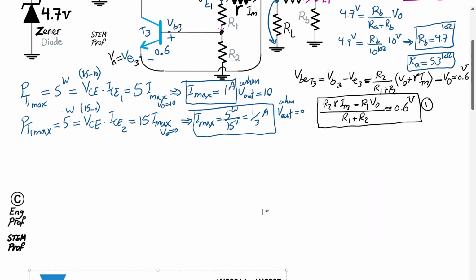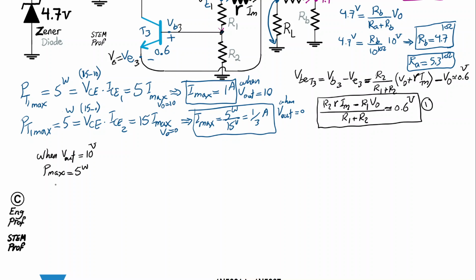Okay, so what I'm going to apply is now try these cases, case 1 and case 2, applied in equation 1. So I would say when Vout is equal to 10 volt, Pmax of the Darlington transistor should be